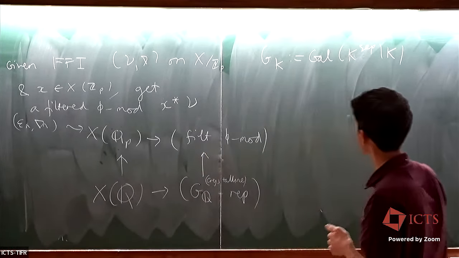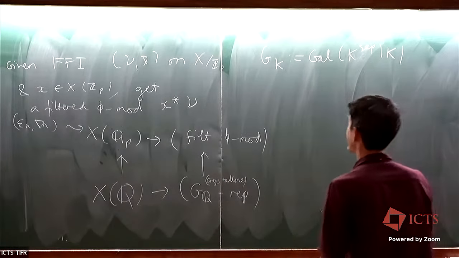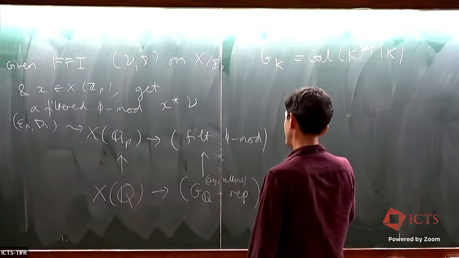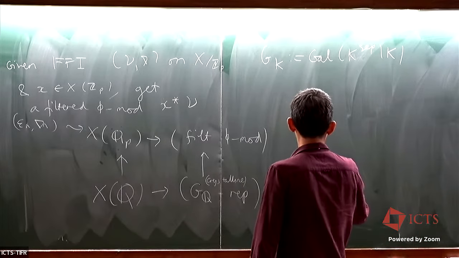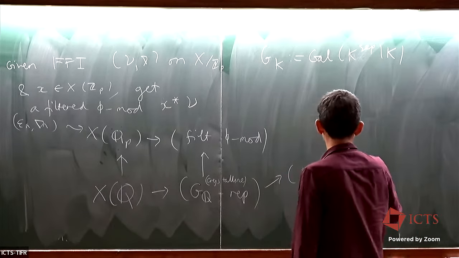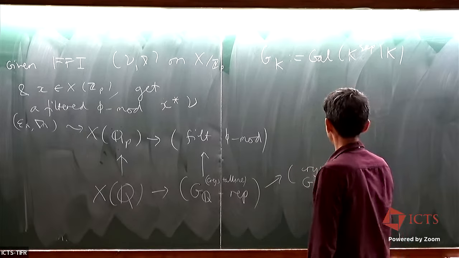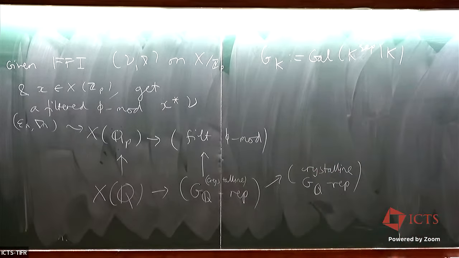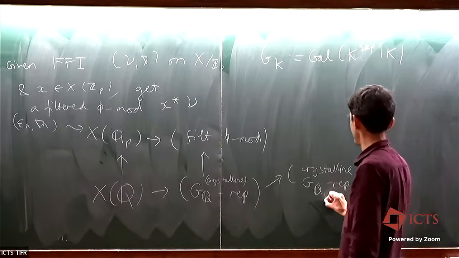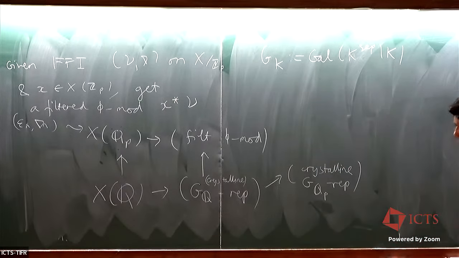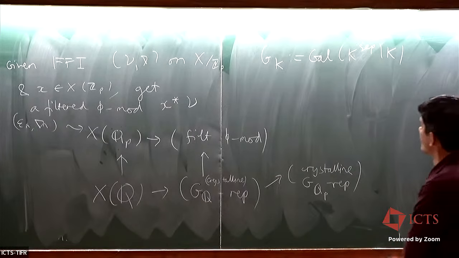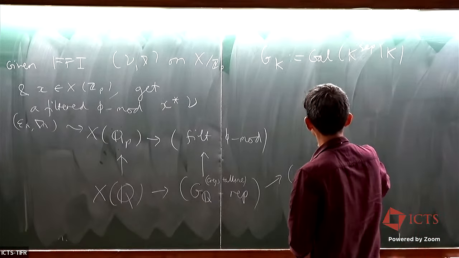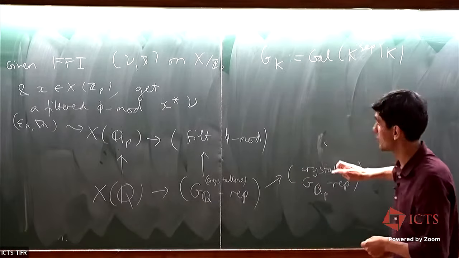So how does this work? You can restrict a crystalline GQ representation to a crystalline GQP representation. And then it turns out there's a way you can get from that to a filtered phi module, and it's